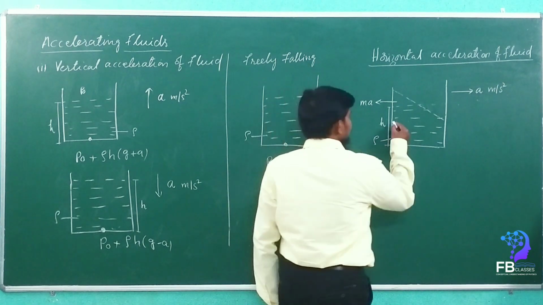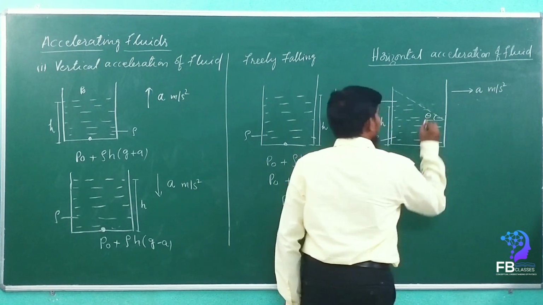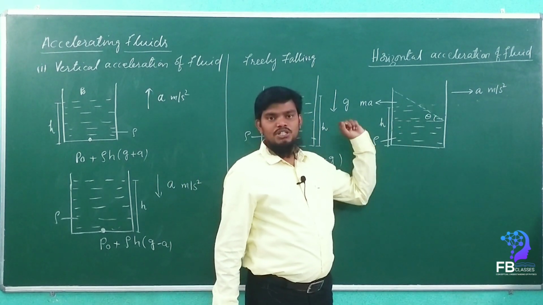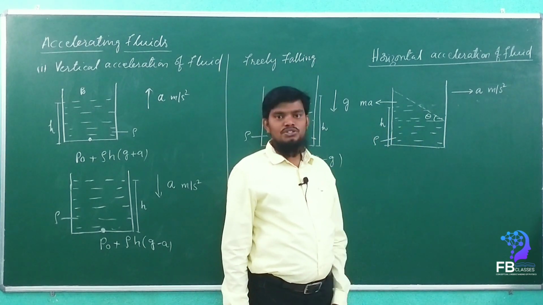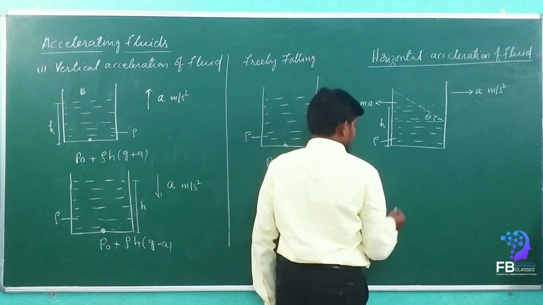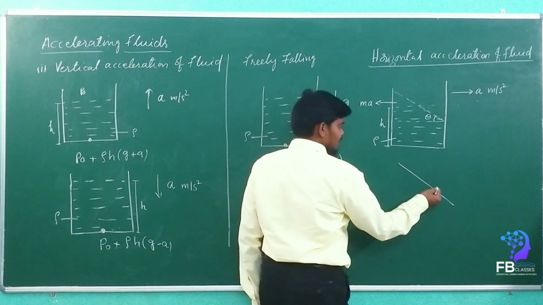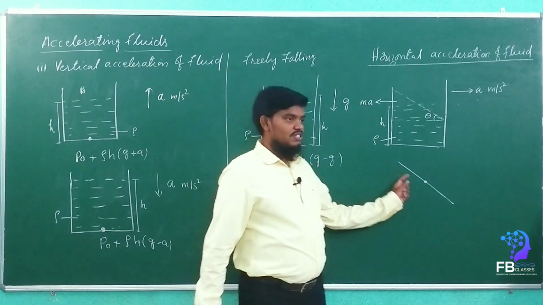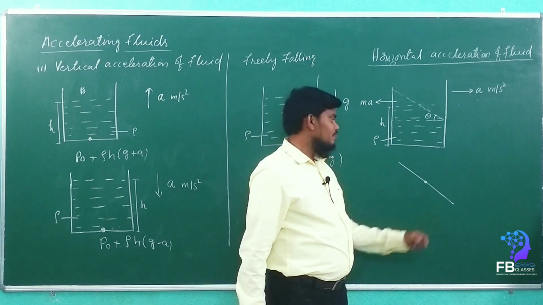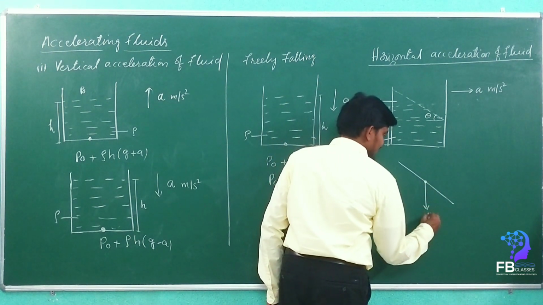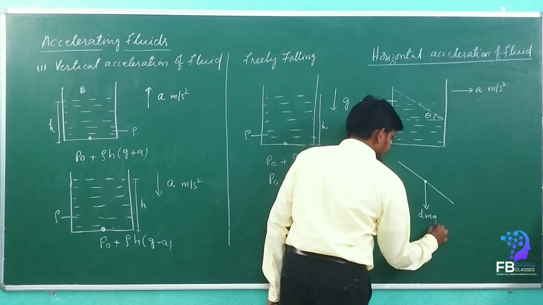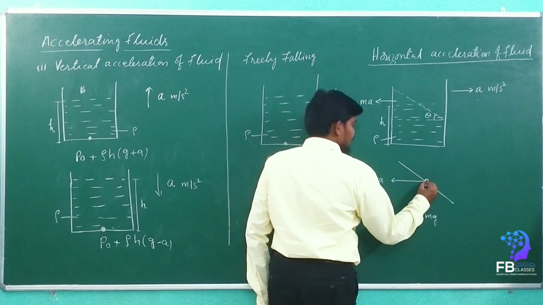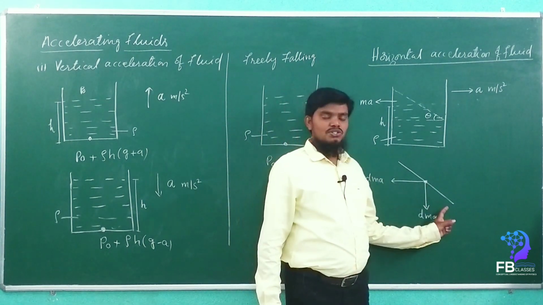Understand? So now what is this value of theta? We can find it very easily. Many problems are going to ask depending on the theta value. Are you getting my point? So here theta is, see here, this is the liquid column. Okay, this is the surface of the liquid. Now if you take any one particle on the surface of the liquid, then in this direction dmg will act, and in this direction dma will act, if you take a small particle on the surface of the liquid.